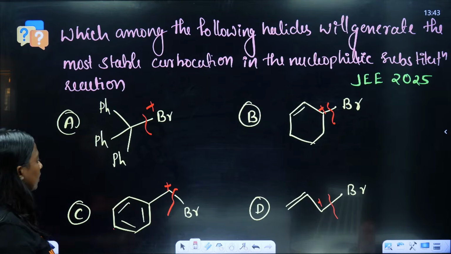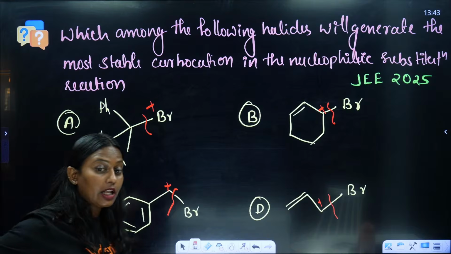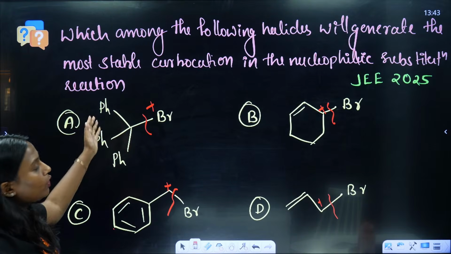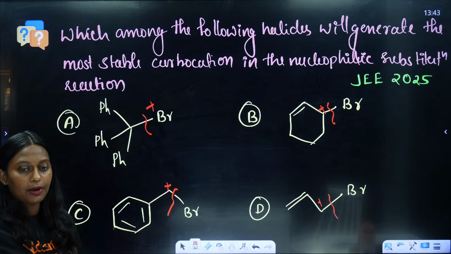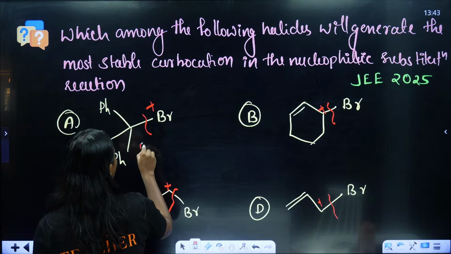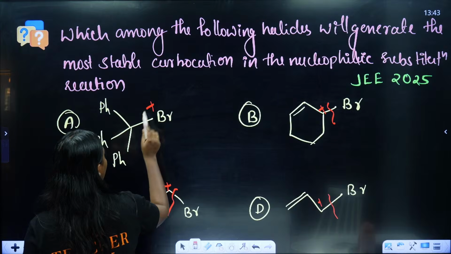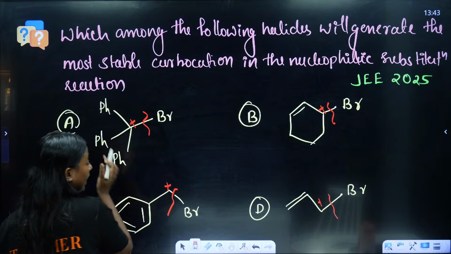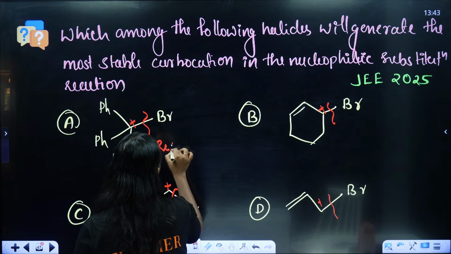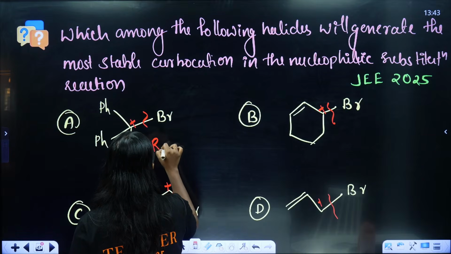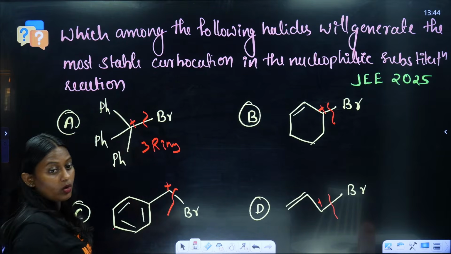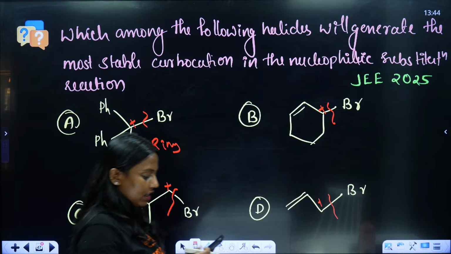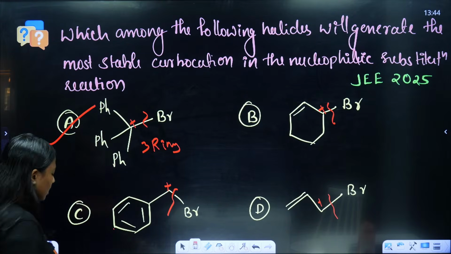Okay, C. So you guys are saying C. Can you tell me the reason also? Here you can see phenyl group, phenyl group, phenyl group. Three phenyl groups means three rings. Three resonance, positive. Here it is positive. So that means three resonance rings. As the number of rings increases, resonance also increases, so stability will also increase. So the correct answer is